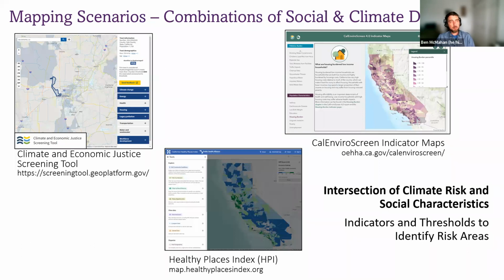And so one step beyond that, in terms of using some of those demographic characteristics, we start to look at the combinations of the social characteristics as well as the climate data. There's a number of tools that offer opportunities to do this, and I've highlighted a few examples here. One is the Climate and Economic Justice Screening Tool, which has some baseline socioeconomic information, but also has information about climate change, energy vulnerability, health vulnerability, housing, and a number of other social characteristics. And it allows you to look at the census level, what are some of the intersections of these social and